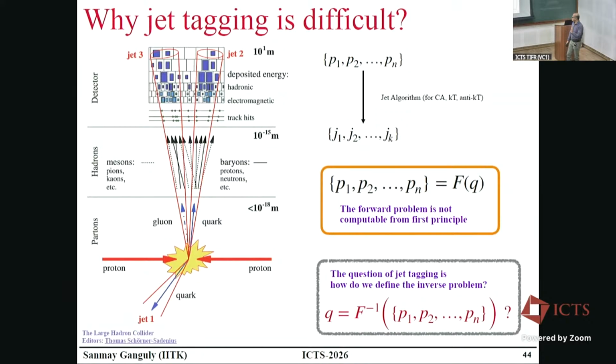So this is an extremely complex problem which we are trying to solve, for which the forward problem is not analytically doable. So for this kind of class of problems, where we have no idea how to analytically write down this sort of F inverse, we try to emulate it through nonlinear parametrized functions, which are called neural networks.